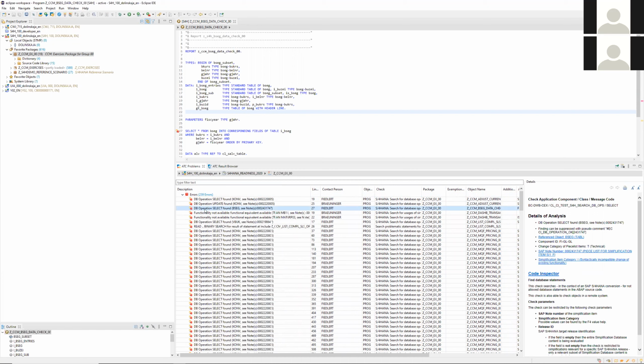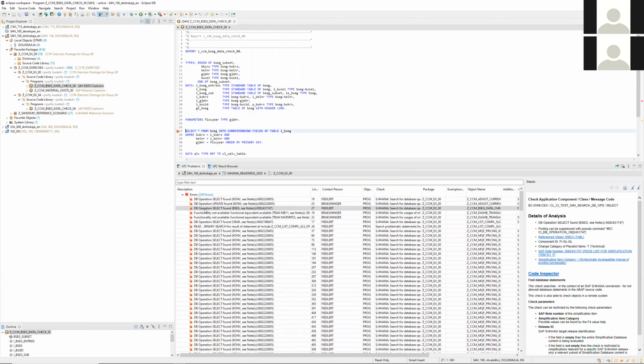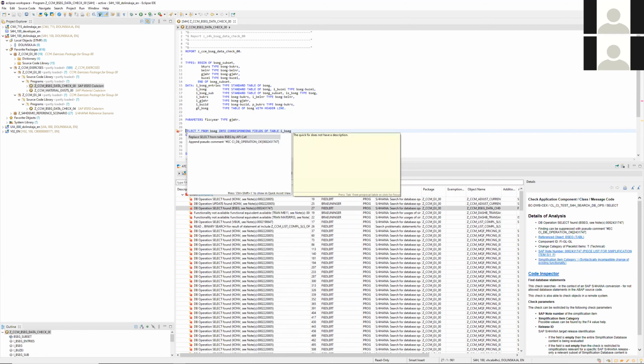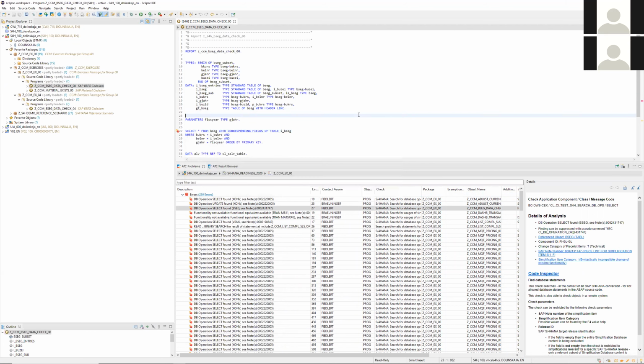If I go directly to the finding, I can step into the editor, and here I can press the Ctrl+1 shortcut and see what quick fix proposes to me. So it proposes to use the API call instead of select. And so I can proceed with each and every finding, but